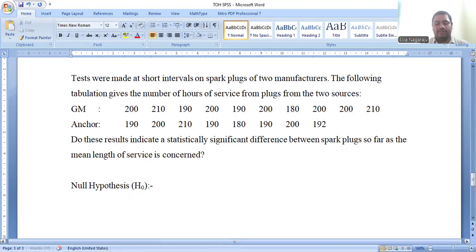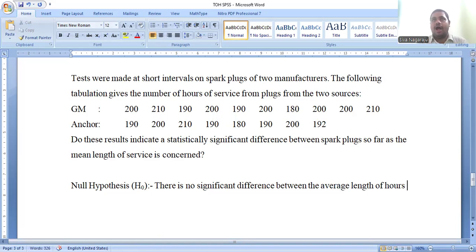Generally, we state that there is no significant difference between the average length of hours between